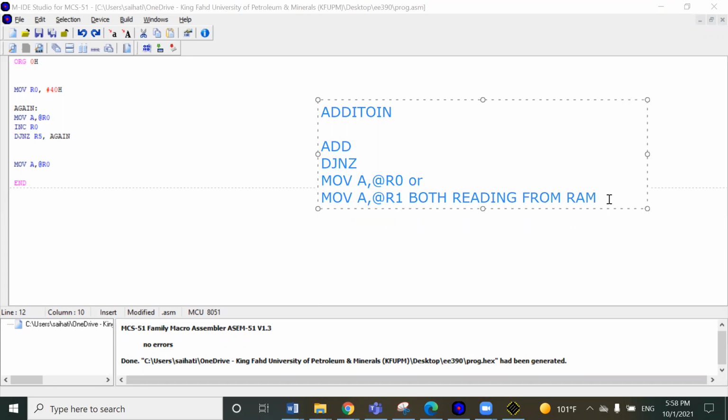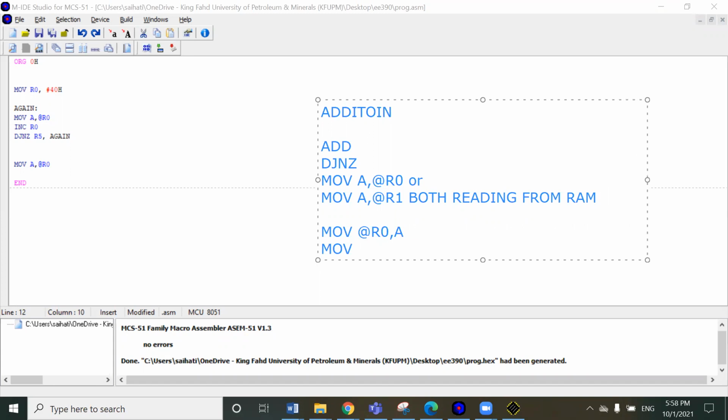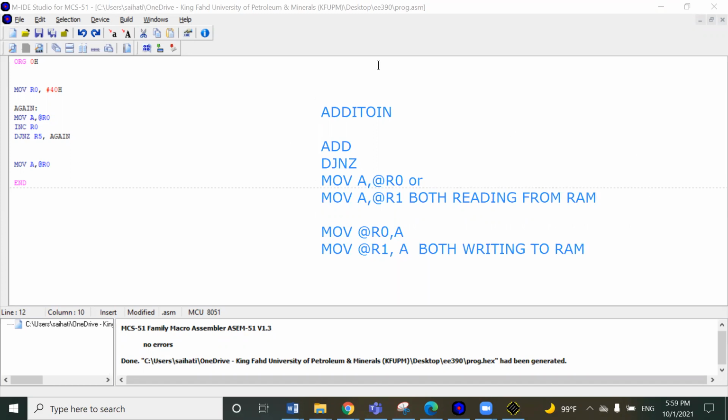وعندي الثانية ايش؟ at R0 مثلا A أو move at R1 A. Both of them are actually writing. If you want to read and write, then if you are going to read and write, I recommend انك تستعمل R0 for address وال R1 for another address. فراح تعمل هذه الخطوة وبعدين